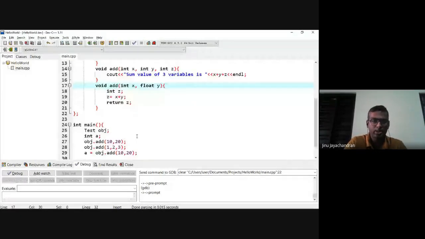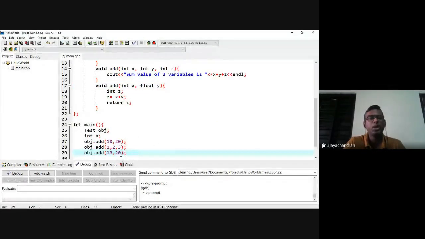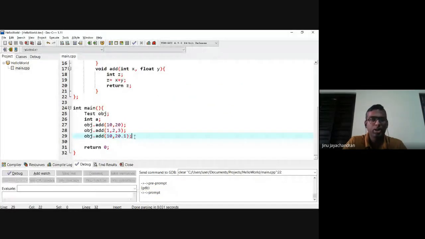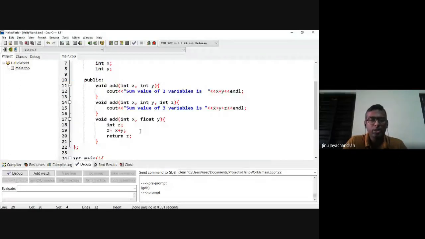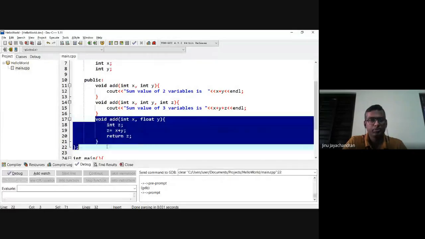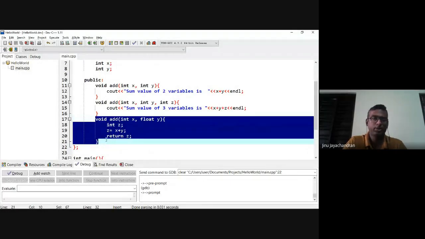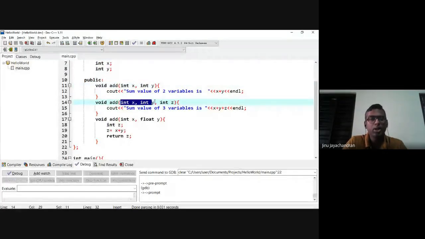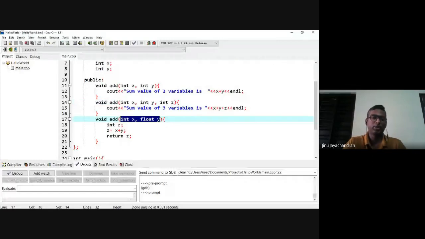If I do something like 20.1, then also the compiler knows that when I call this function, there's a floating point argument in one of the arguments, because of which it will call this function. It will not call the other function. So depending on the number of arguments and the type of arguments, you can overload the functions.